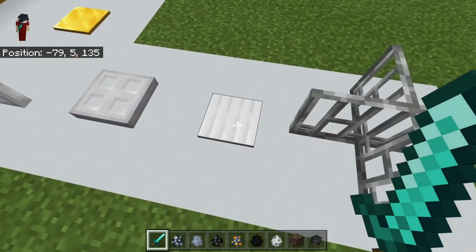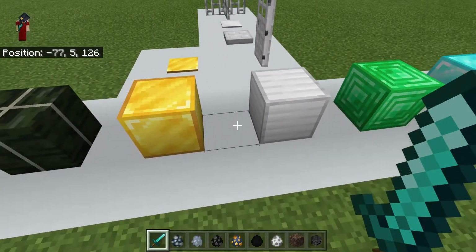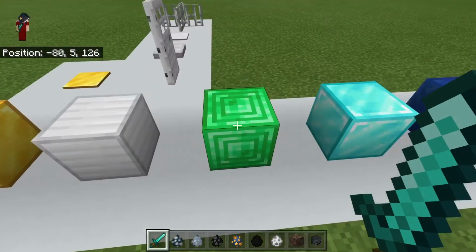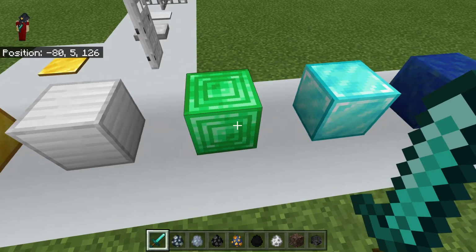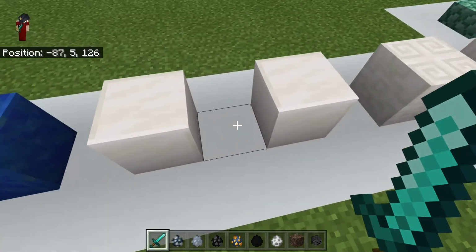And everything about the iron in this update. The iron and the gold look... Gold is meh. Iron is just disgusting looking. I have mixed feelings on the emerald blocks, but the diamond block and the lapis block I'm fine with. Now, you tell me,